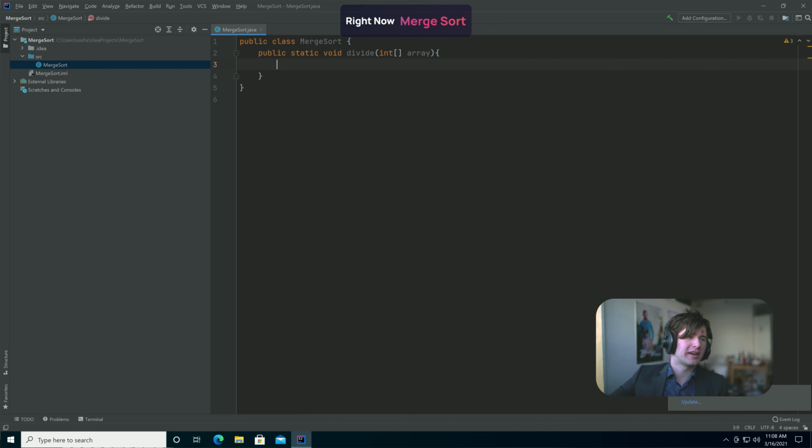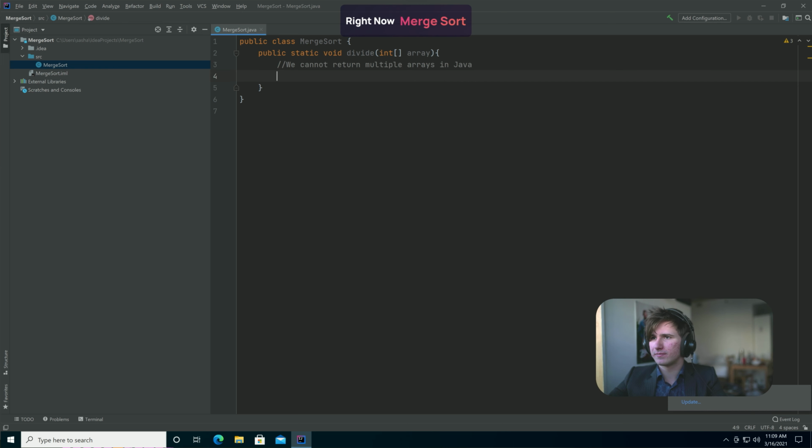But how could we divide an array? We don't have multiple returns in Java, right? We can only return one item. So maybe instead of actually dividing our array, oops, what's going on? Instead of actually dividing our array into smaller array objects, is there something we can do to save on memory and also to save with not having multiple return types for our division that doesn't require us to create new arrays? So my question is, we cannot return multiple arrays